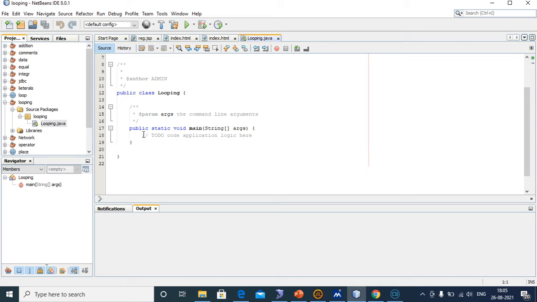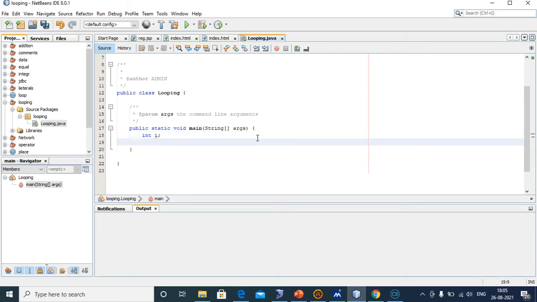First I will create the for loop example. I will declare the variable int i.